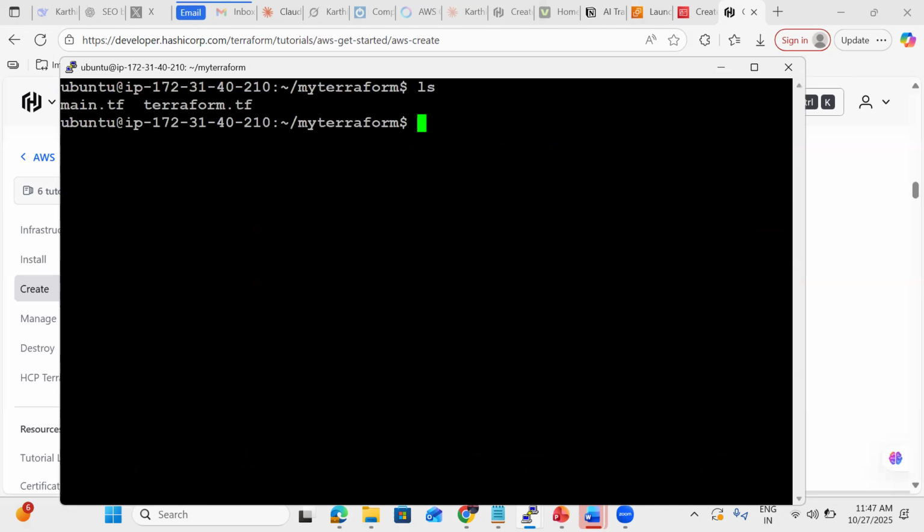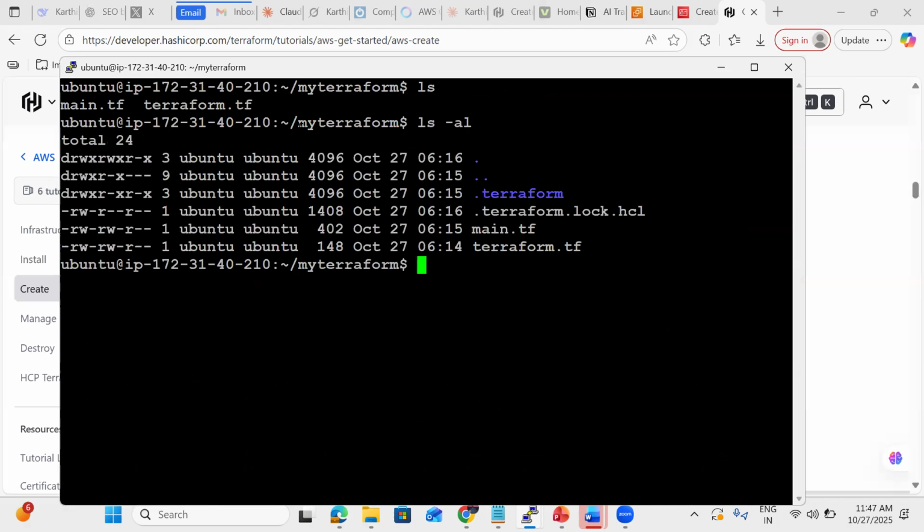Now try to understand here. We have main.tf and terraform.tf. Then if I go for the hidden files, one is .terraform. In the .terraform directory, our provider has been downloaded from the Terraform registry. And the .terraform.lock.hcl is a kind of file where it is specified which version it needs to use. Which version of Terraform it needs to use, it needs to specify. Then